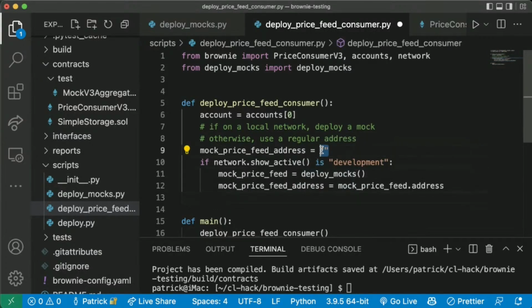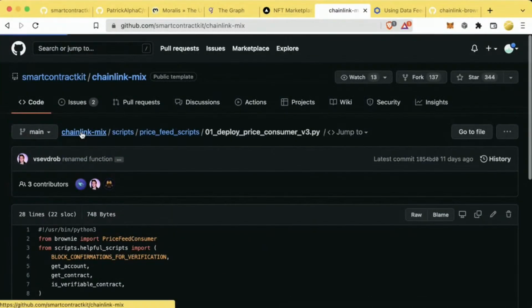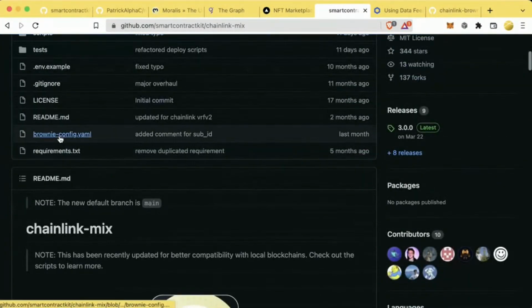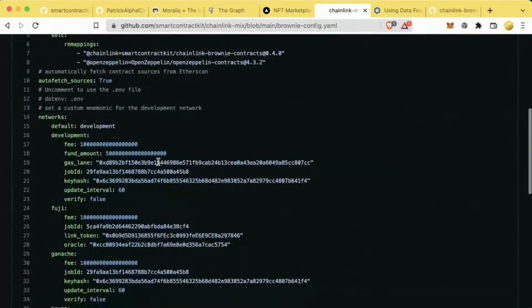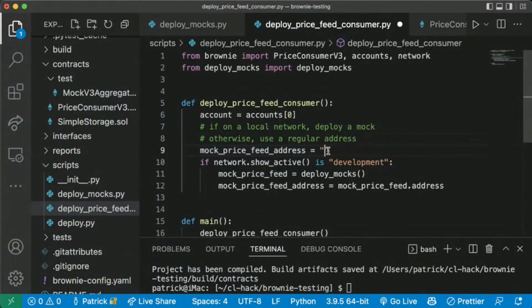And like I said, this would be a normal address. Once again, in the Chainlink mix, we put those addresses in the Brownie config. So you'll see for Kovan, for example, the ETH USD price feed is right here, and it would just pull it right from the Brownie config. We would do something like that here. But if we're on a development chain, we're going to use our mock. So we have our mock address. Then we can do